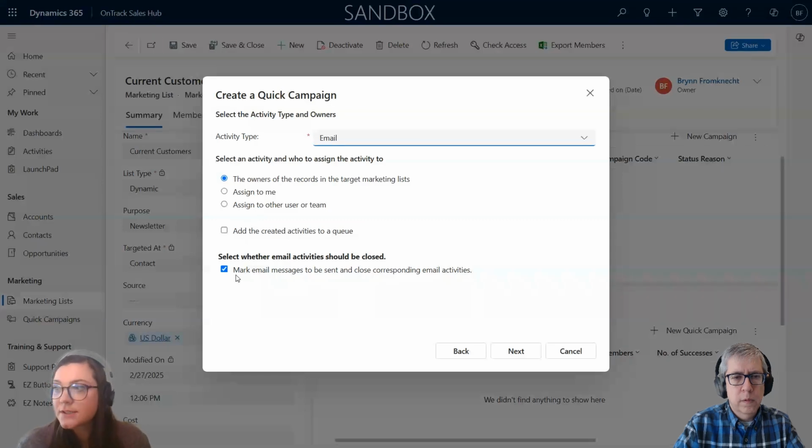All right, so the next option that I have here is to select whether or not these email activities should be closed. And that is basically dynamic speak for send this email. So when I hit this next button, if that button is checked, it's going to send that email out right now. If I unselect this box, which is what I'm going to do right now, it will create